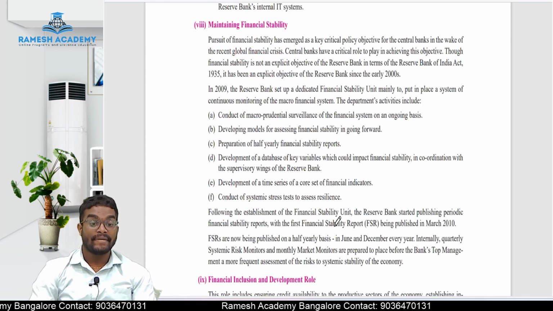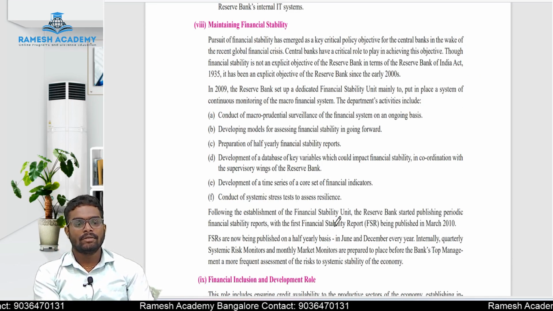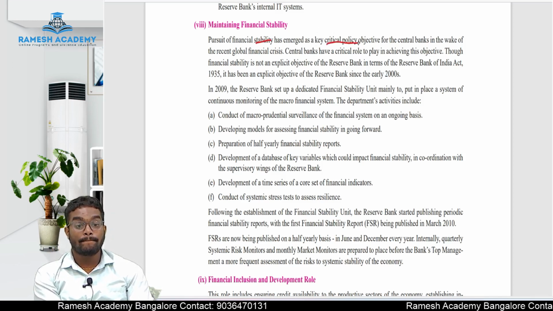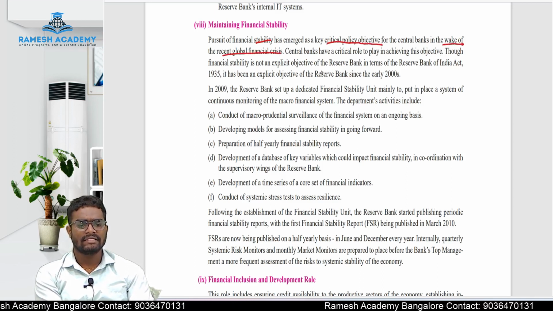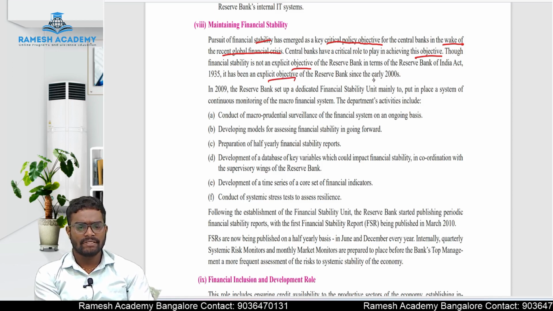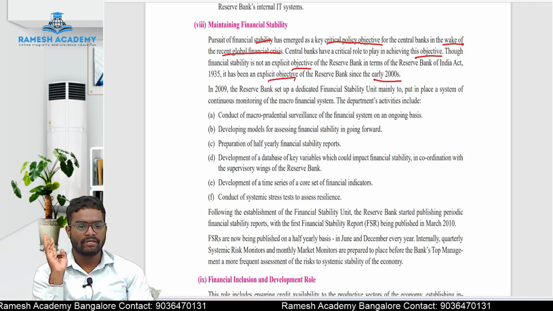Next role is maintaining financial stability. Financial stability has emerged as a key policy objective of central banks in the wake of the recent global financial crisis. Central banks have a critical role to play in achieving this objective. Though financial stability is not an explicit objective of the RBI as per the act, it has been an explicit objective of the RBI since the early 2000s. So even if it is not in the act, now it is very much required to maintain the financial stability